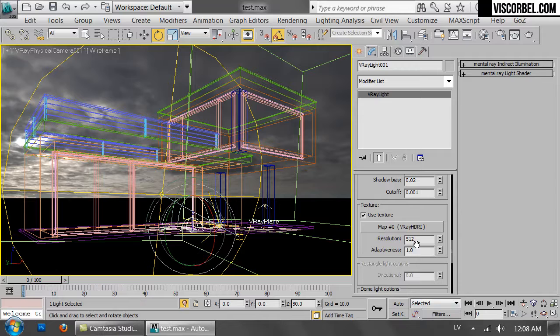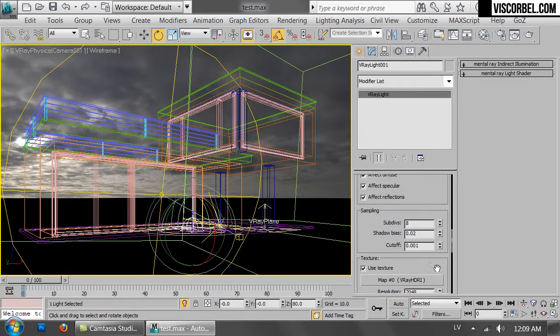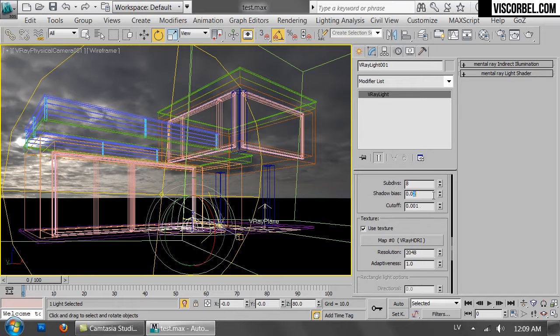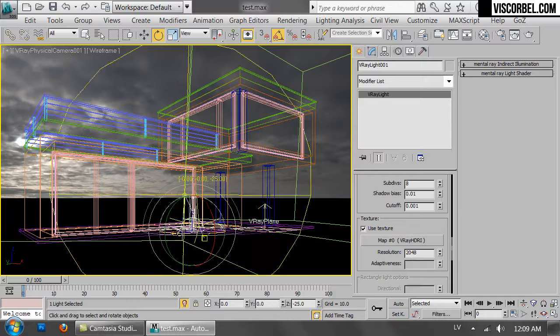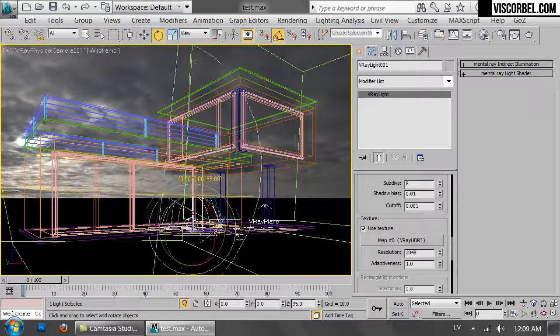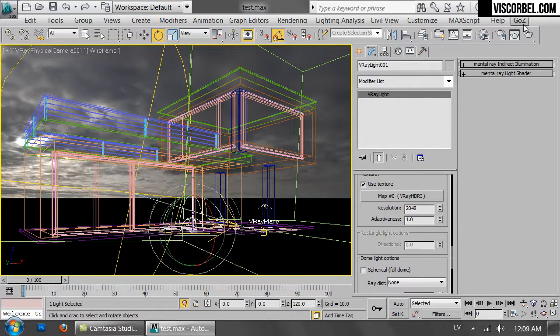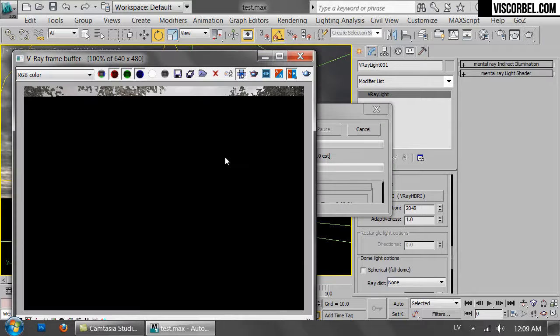And for final renders, you might want to increase the map resolution to the maximum available value of 2048 pixels. Something like that. And you can decrease the shadow bias to get more precise shadows. Alright. And that's about it. Now when you render,